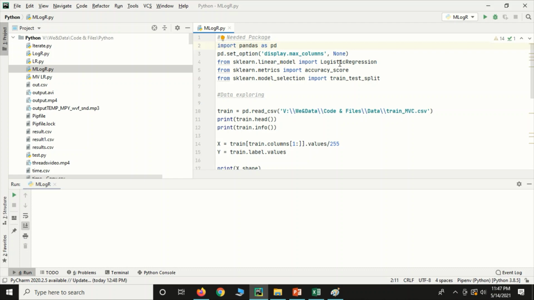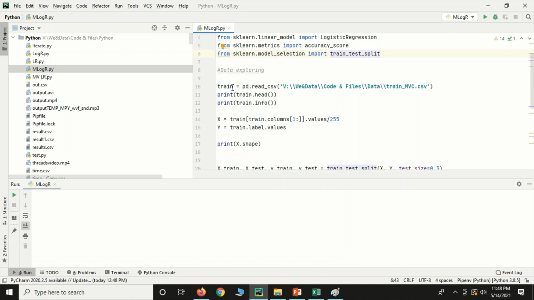From sklearn linear model, we are using logistic regression. From sklearn metrics, we are importing accuracy score. From sklearn model selection, we import train test split, which we are going to use for splitting the data into training and testing data.